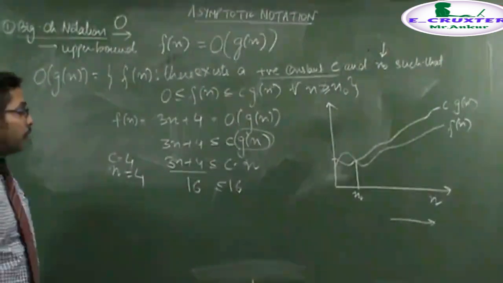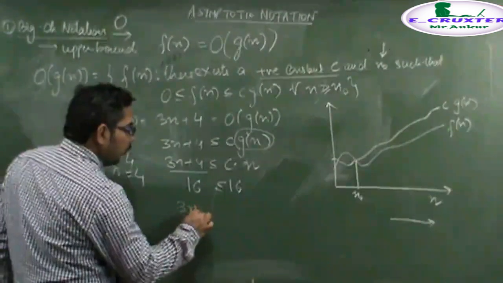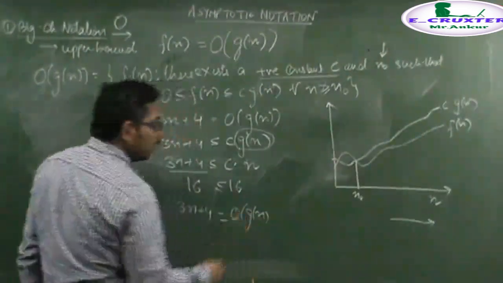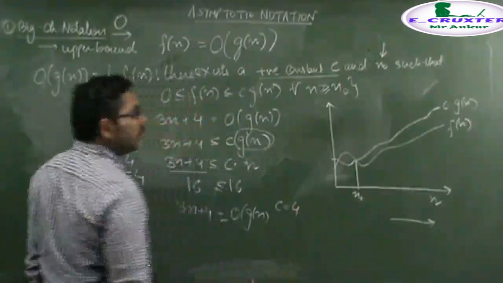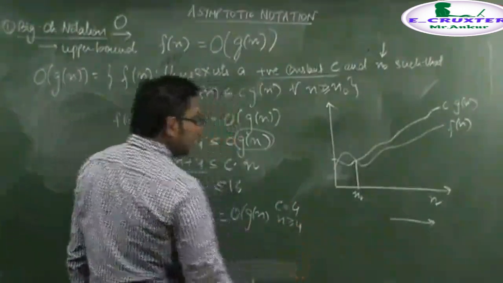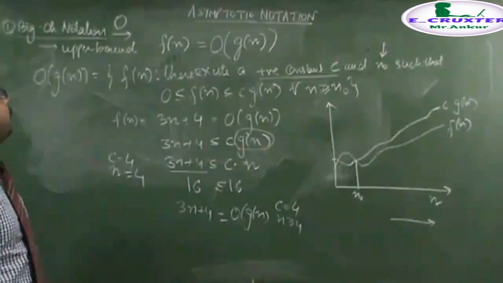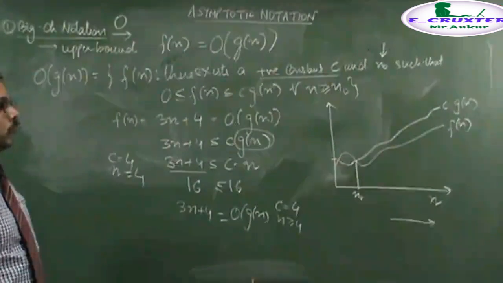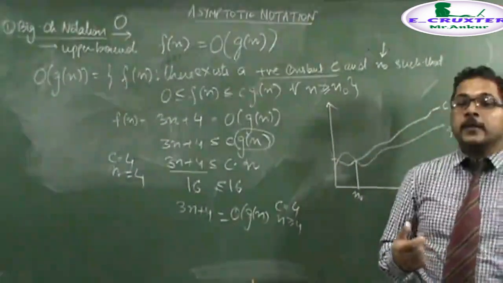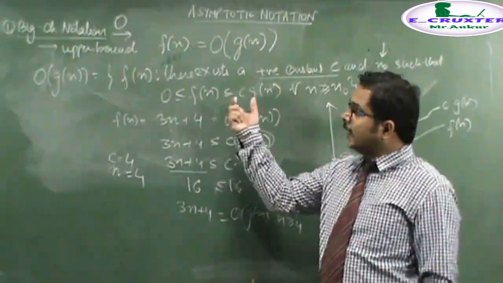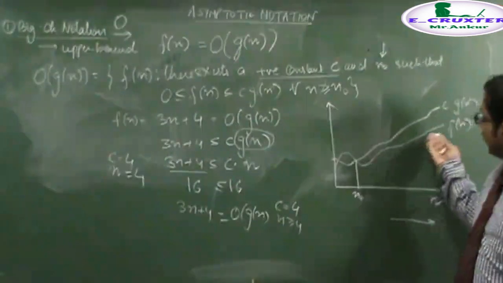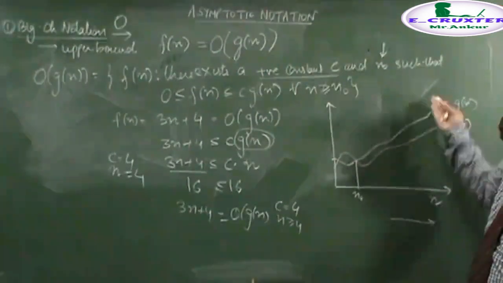Hence we can say that for this function, g(n) will act as an upper bound for the constant, it is basically the minimum constant 4, and for all input greater than or equal to 4, this equation will be satisfied. In this way we calculate the Big-O notation. Just simply remember that Big-O is only used to calculate the upper bound of the function. That is, it is bounding the function f(n) from above.